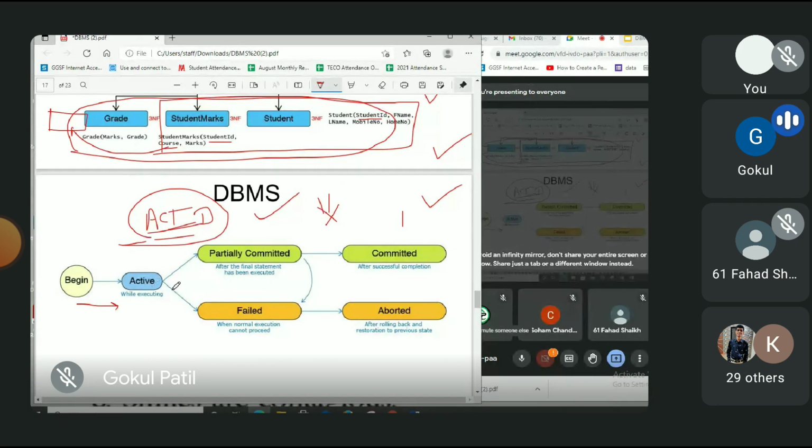So once it enters the active state, and if a power failure occurs, the transaction fails. If I'm operating the net banking of a certain bank and transferring one rupee from one account to another account, if the power failure occurs, my transaction fails. So it should not enter the committed state, and it should not enter the aborted state. It immediately fails. If there is a system software failure, if my operating system is corrupt, or if my online banking app is corrupt, then also it fails. Or sometimes it is a hardware failure. But if it is partially committed